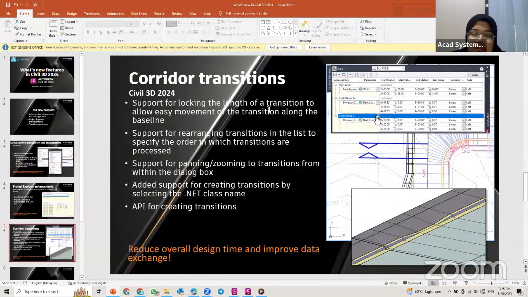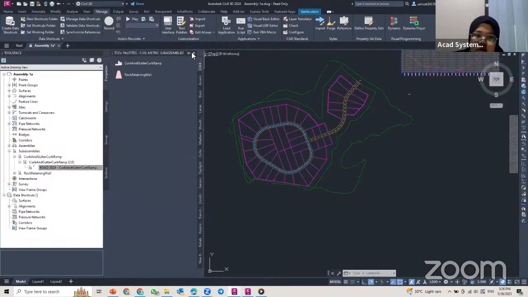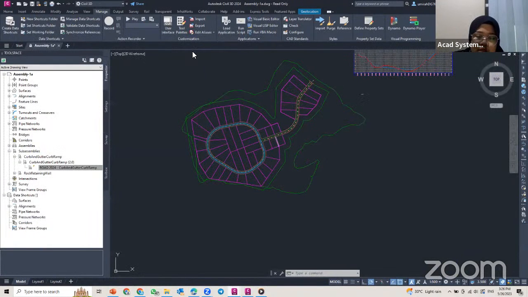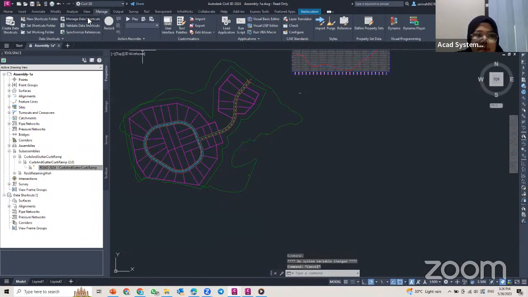Okay, so I will show you how you create the corridor transition in Civil 3D 2024. So go back to my Civil 3D here. Maybe I just minimize this Project Explorer. Okay, I close these two palettes first. So I want to create the corridor. Okay, for example,